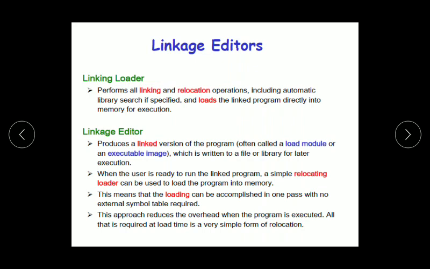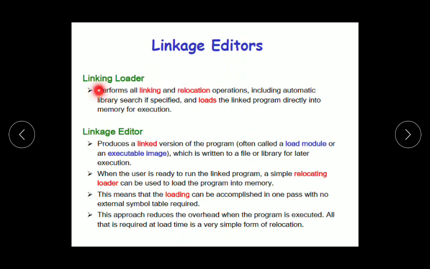Now, another important topic in this module is linkage editors. Let us also study the differences between linking loader and linkage editor. Very important topic, this one, listen carefully.